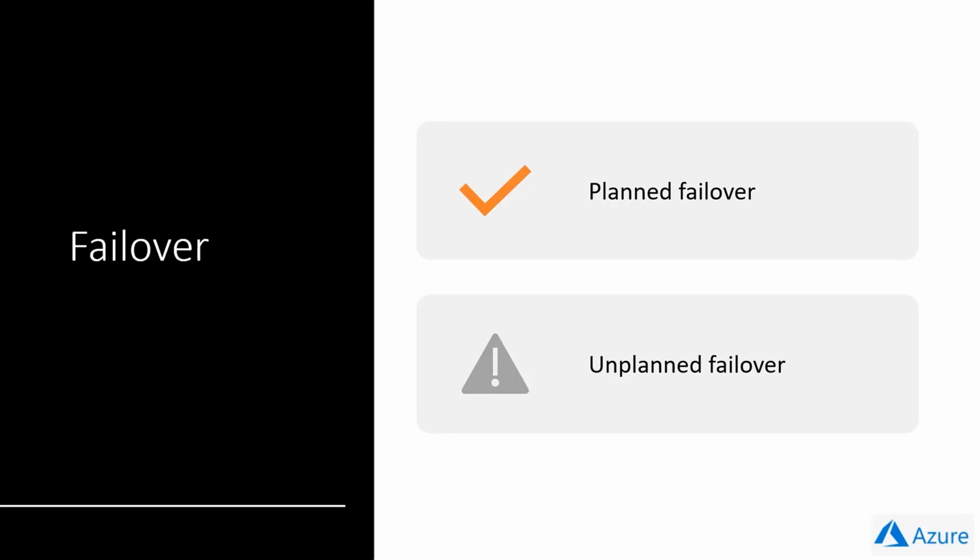So now the system won't try to push these transactions into the primary. That's mainly, as we mentioned, to avoid conflicts, right? So basically you will have to manually merge with the most recent version of the primary database to see exactly what transactions didn't go through and then merge them. So these are the two types of failover that we have in GeoDR.